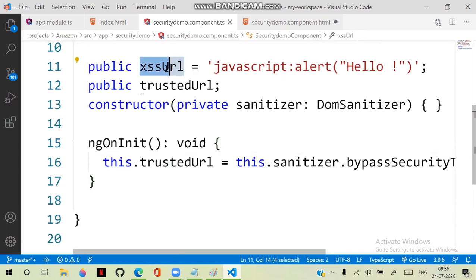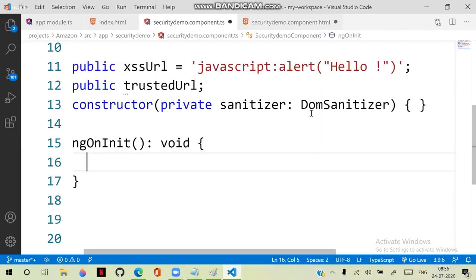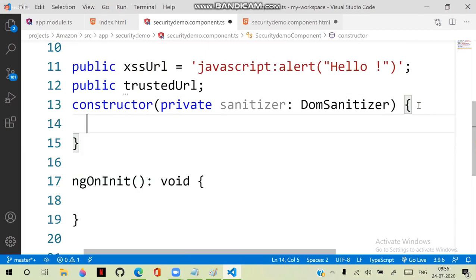You can configure that directly inside the constructor, so that it loads in the constructor directly.